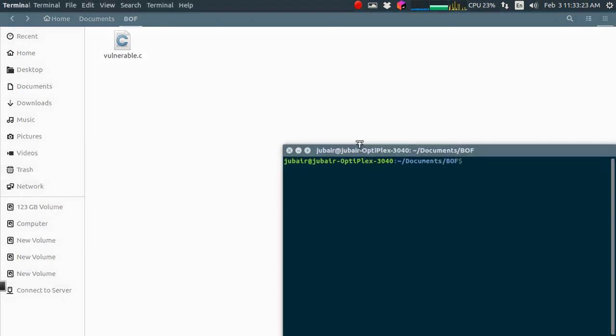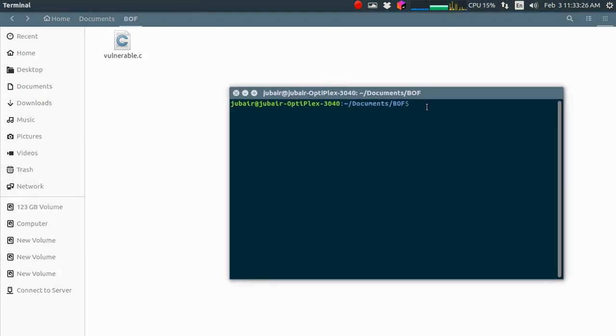So, open the terminal. First of all, we need to check whether memory randomization is running or not. If memory randomization is running, then we cannot exploit the memory. So, to check, the command is cat /proc/sys/kernel/randomize_va_space. This is 0. If you get 2, then you can simply type echo